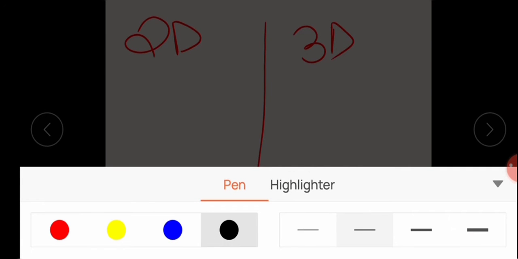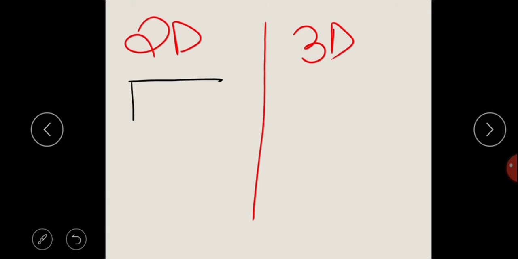If we talk about 2D and 3D shapes, 2D shapes are basically those shapes which have 2 dimensions, whereas 3D shapes are those shapes which have 3 dimensions. The letter D over here actually refers to dimensions. So what is basically dimensions? First of all, let's draw out any 2D shape over here. So let me draw here a rectangle.